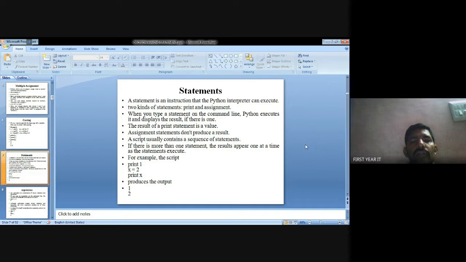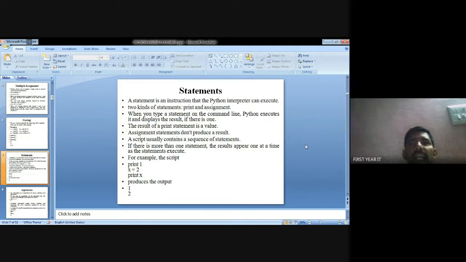For example, print 1. Then x equal to 2. So print x produces the output: print 1 gives 1. You assign x equal to 2 now, and print x means 2. This is an example.